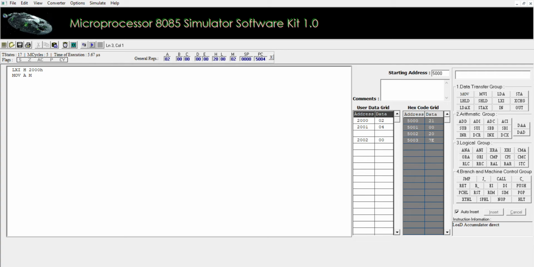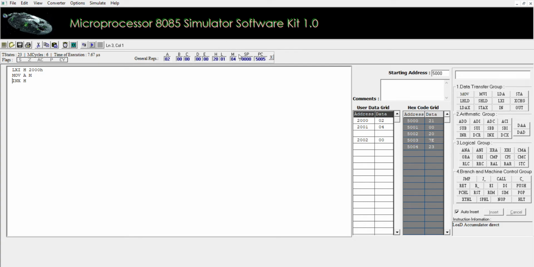Next instruction is INX H. X is related basically to memory. It increments the memory address of the HL pair by 1. We run the program. It is also a one byte instruction. Now the HL pair holds the address 2001. Now the data of the M register is 4. So we have one data in the accumulator and one data in the M register of the HL pair.